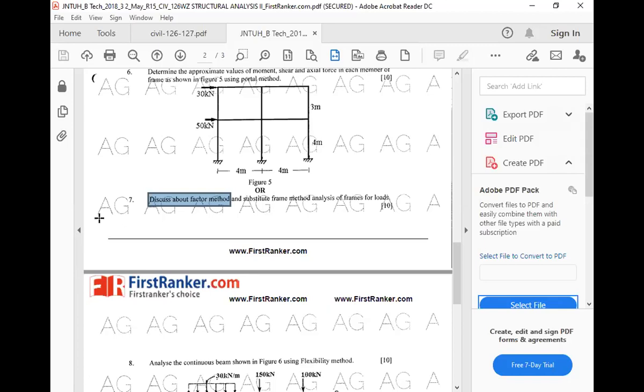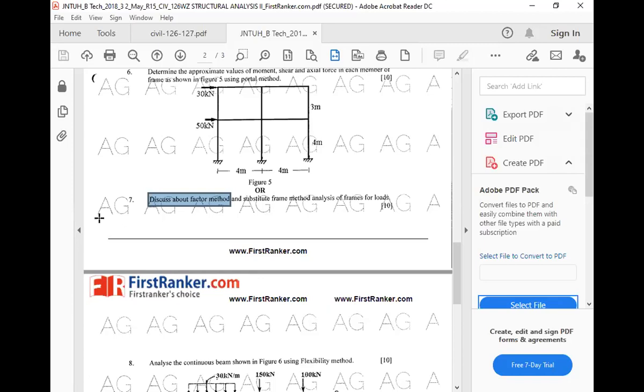And the fifth step, calculation of the beam moments and the column moments. Before that, you have to calculate the total column moments in each story. M is equal to capital H into small h divided by sigma C. Similarly, for the beam, B value is the sum of column moments at the joint divided by the sum of girder moment factors at the joint.